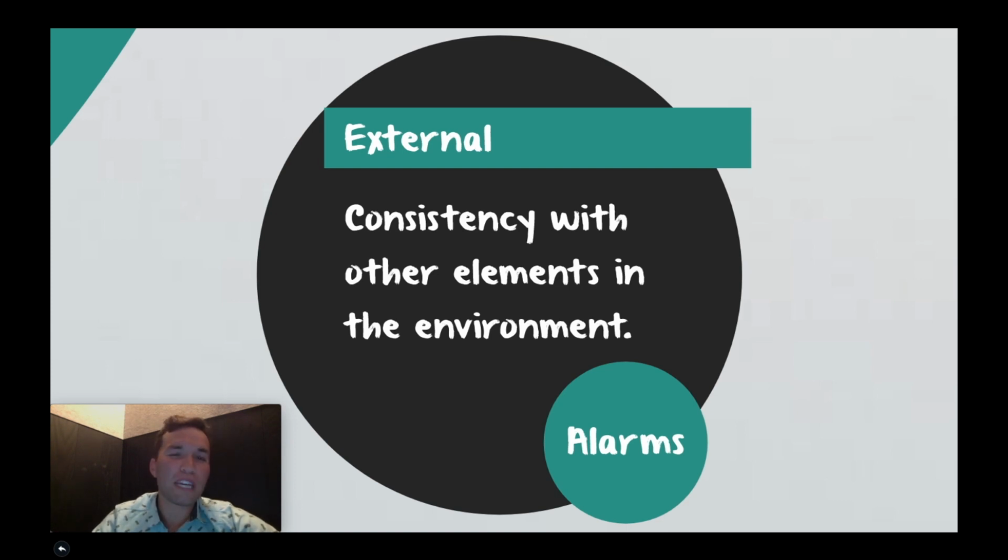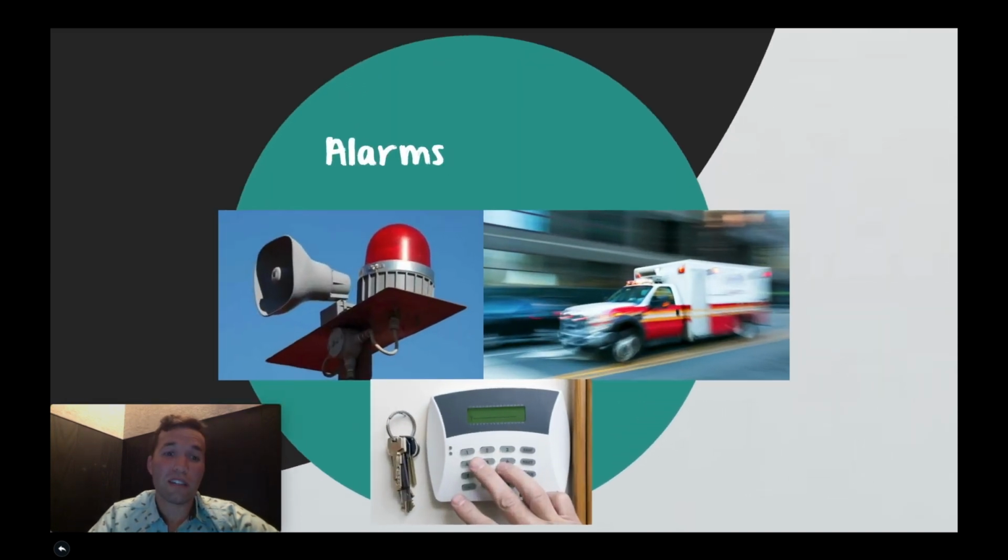So this is more looking at how we said an internal system. What if we had a whole bunch of these internal systems? Is there some kind of commonality between all of them that people would understand? And a good example of this is alarms, right? So up here you have an alarm that's meant for, say, a missile that's going to come and potentially hit an island or something. So this alarm would go off, and you know that something bad's happening, and you should go take an appropriate action.